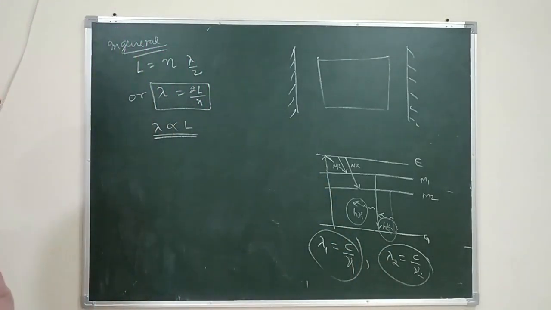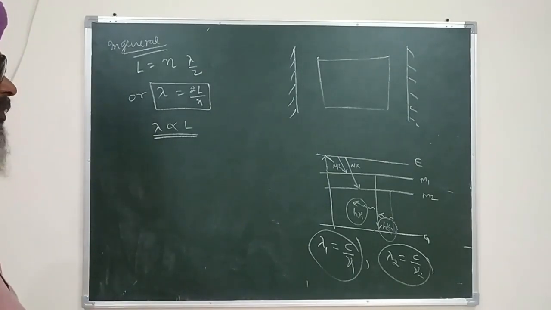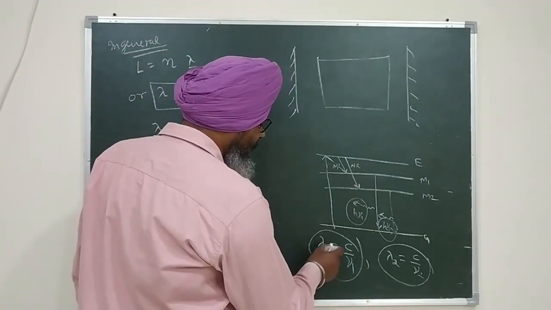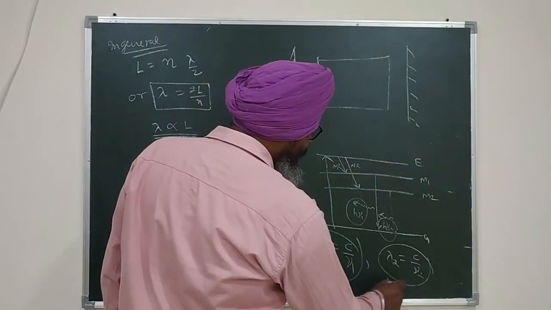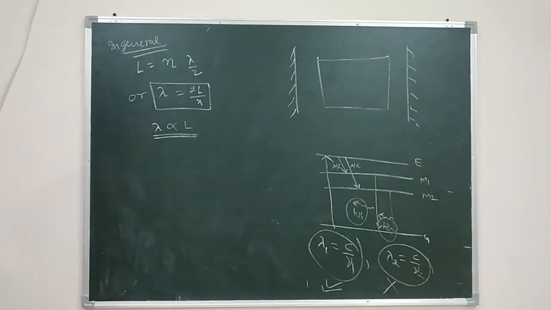Both of these photons of wavelength lambda 1 and lambda 2 are parallel to principal axis, and according to the explanation given so far, both of these wavelengths will amplify, but I do not want that. I want just one of the wavelengths to be amplified. Let's just say I am happy with this wavelength lambda 1. I want that this wavelength should amplify and this wavelength should not amplify, so that the output is monochromatic. So how can we do that?